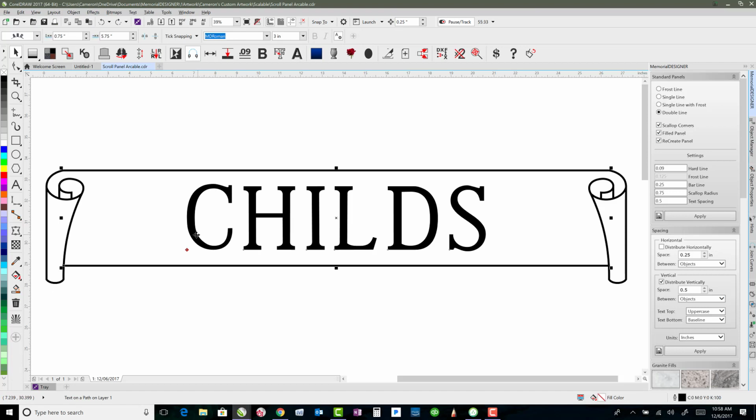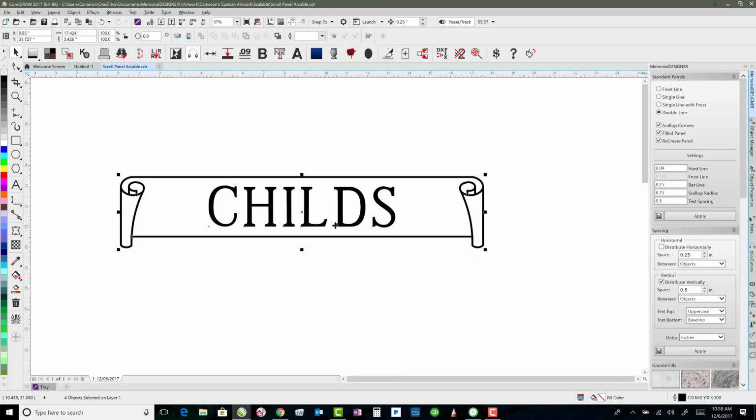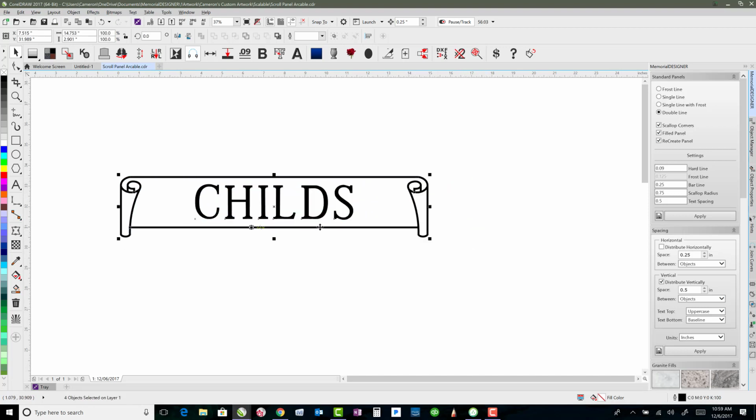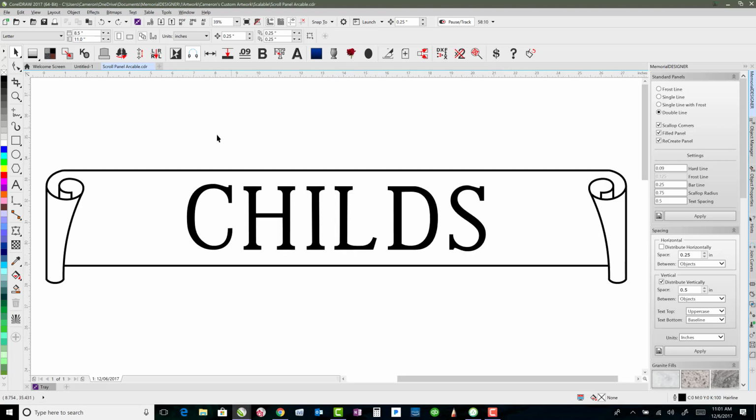And then I also took my text and fit it to a path so that it's fit to the line path there, so that it will stick to that. So the reason that I've done this is because one neat thing that you can do is you can take this whole thing and you can resize it like this. And even resizing it, my line widths stay at 0.09 inches because it's just an outline applied to that single line. So another thing that I can do, because I've got these lines separated from each other, is I can take this section and